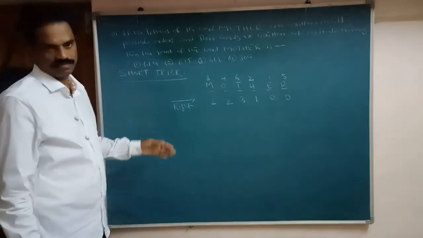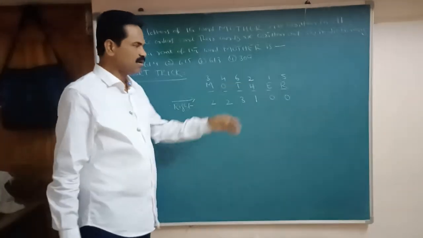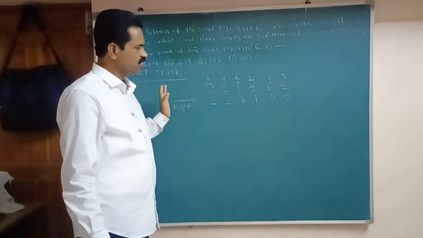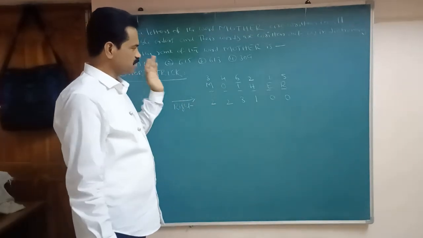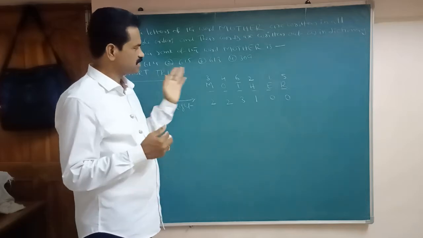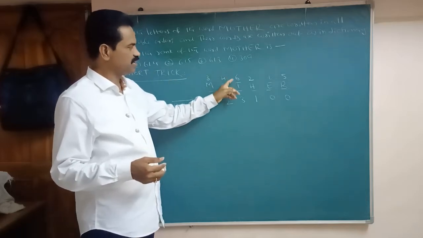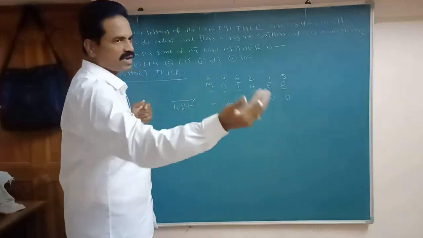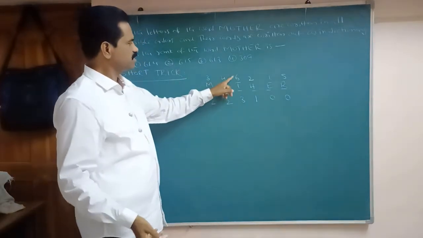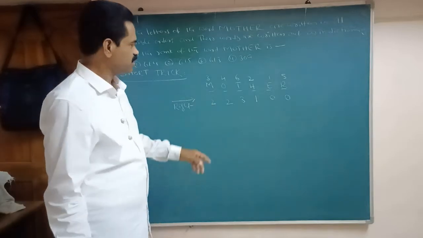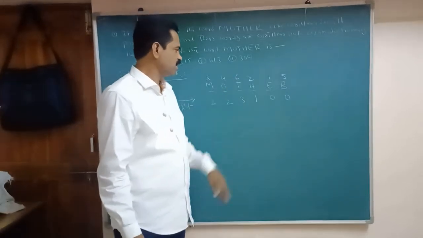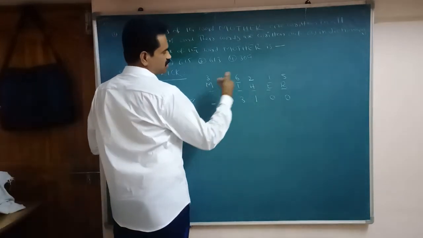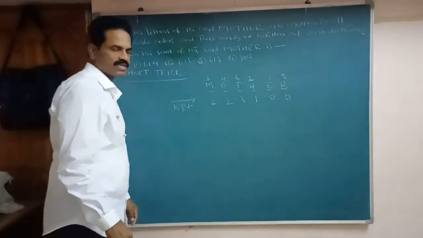This is the first step. First write the alphabetical order numbers down here. Next step, from right to left: suppose M is 3, less than 3 numbers; next, less than 4 numbers. Whatever the number is in alphabetical order, count the less than numbers from left to right. After that, write down the assigned numbers here. After that, from the right, less than 3 numbers, less than 4 numbers, write down here. This is the second step.